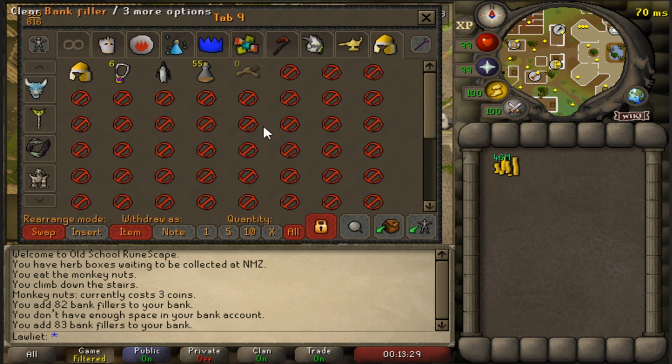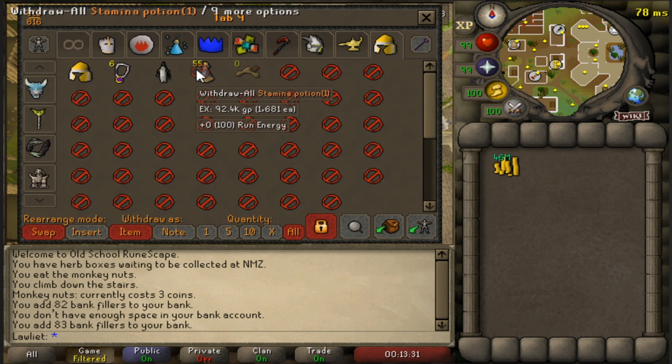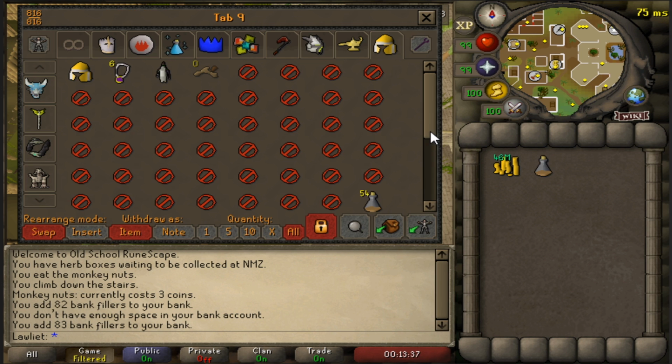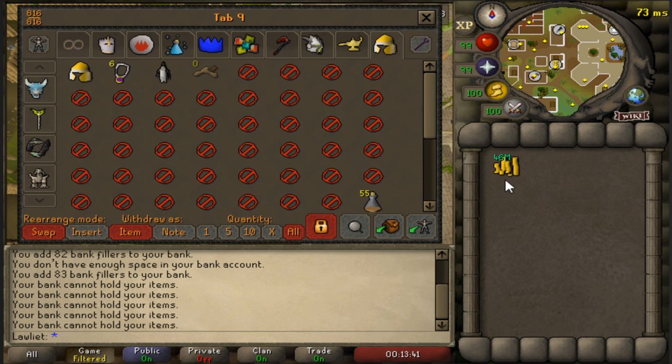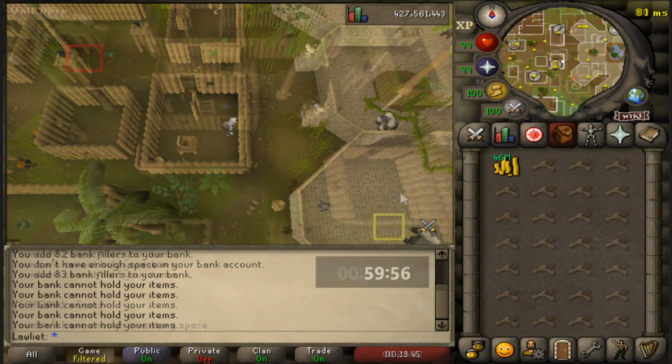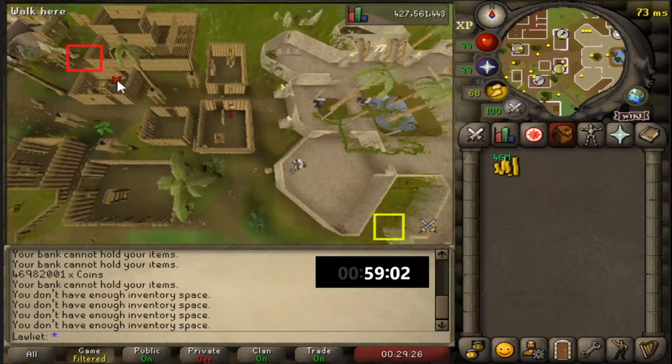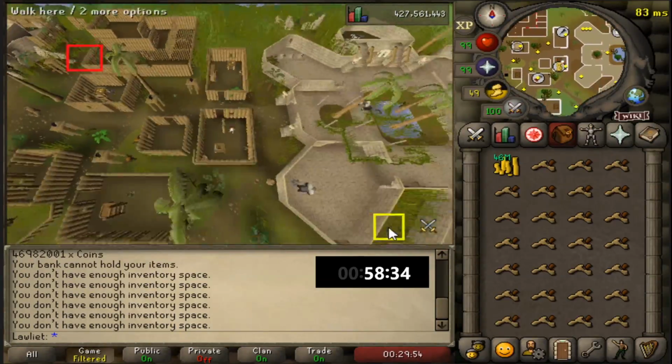As you can see, I've already withdrawn the entire cash stack and got rid of the placeholder so that whenever we deposit our inventory, the coin stack does not go into the bank. The only thing that will be going into the bank is the monkey nuts, and we also have the stamina potions at the bottom right close to the deposit inventory button for quick and easy banking. And with all of those things being set up, we can now get into the 1 hour of buying monkey